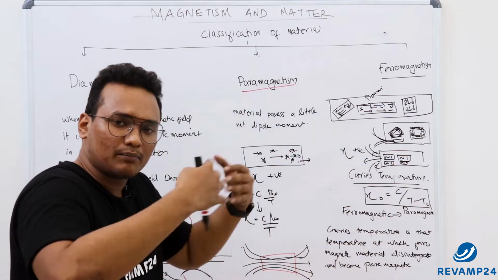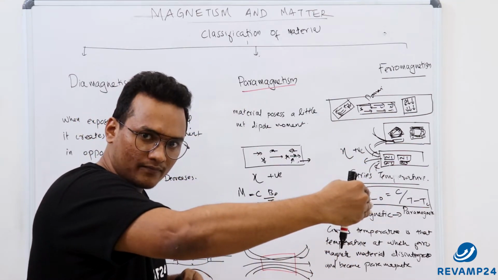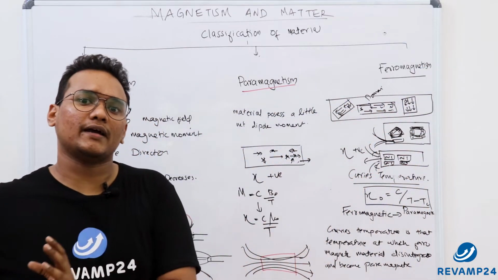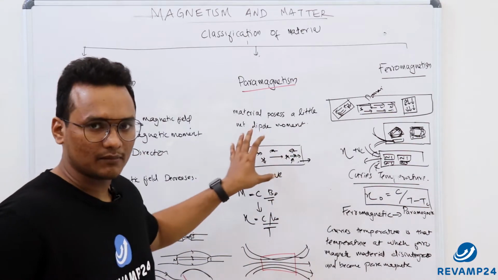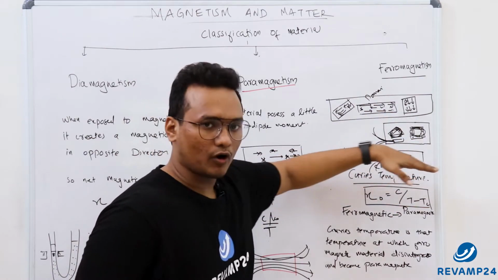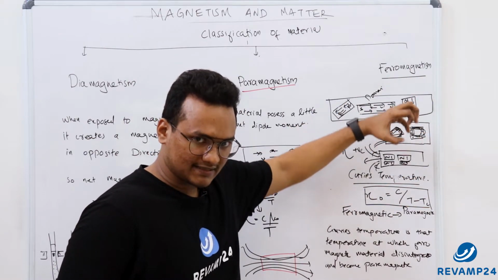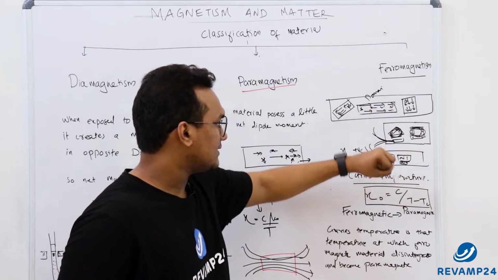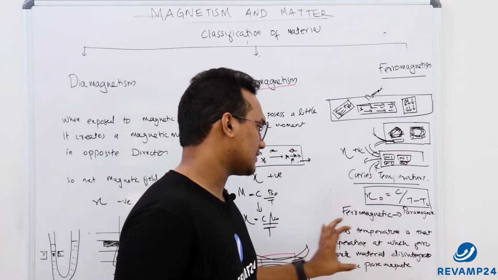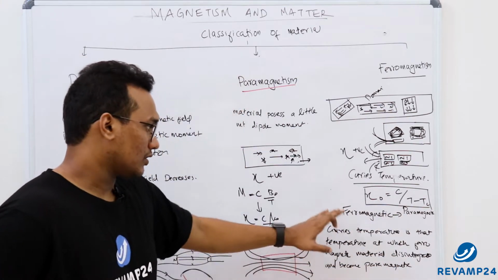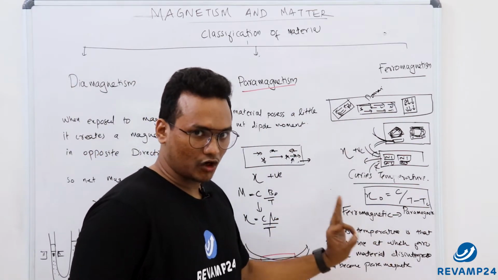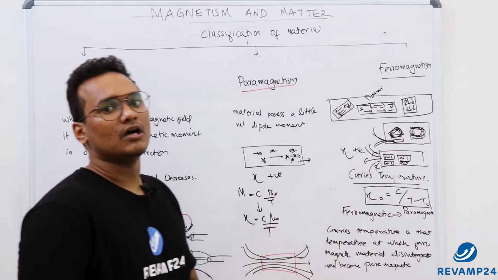So you can increase the temperature, and beyond a certain limit, its ferromagnetic behavior will completely change into paramagnetic behavior. So the explanation is the same. Higher energy for the domain, so that they won't arrange themselves in a proper order. So the magnetization will decrease. On decreasing and decreasing, its value will become paramagnetism. But you can easily give the definition in this way: Curie's temperature is nothing but a temperature at which ferromagnetic behavior will be converted into paramagnetic